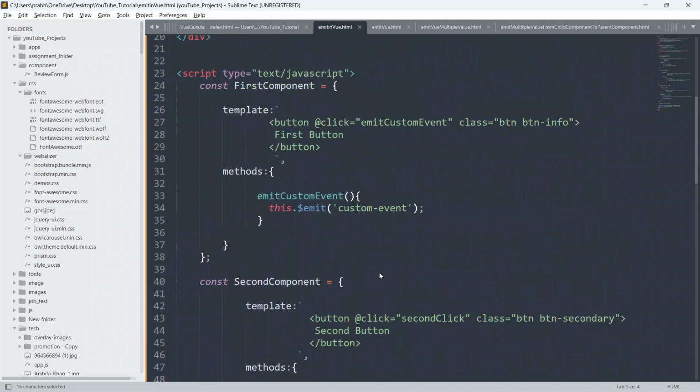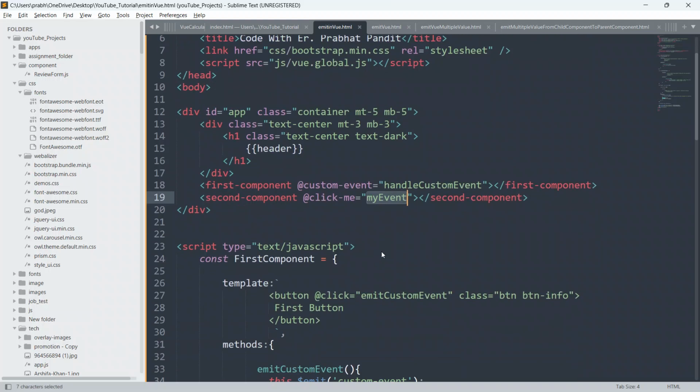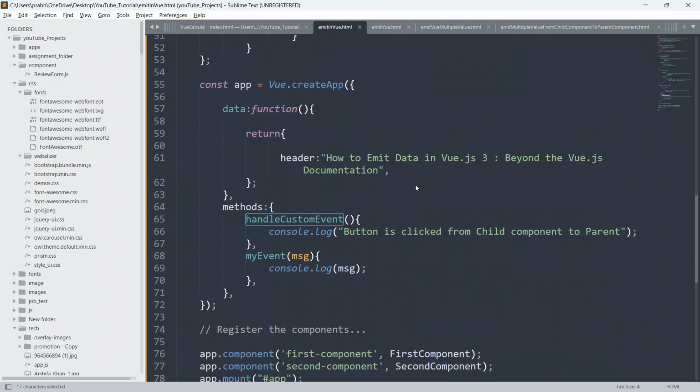As you can see here, I am using this first component as a tag, I am using this second component as a tag, and I am defining here one custom event equal to handle custom event, and one custom event here also as click me equal to my event, and I have defined these events in our parent component, by saying here inside the method handle custom event, and I'm just console.logging the message.